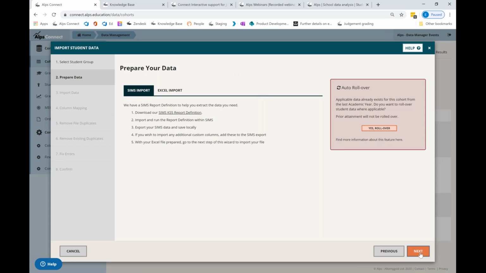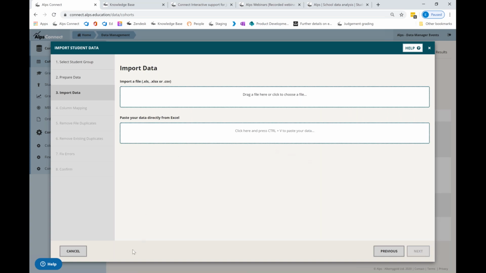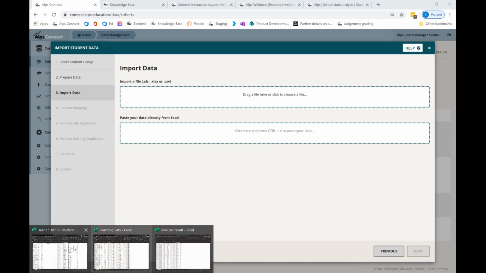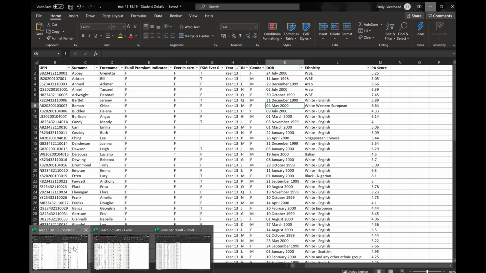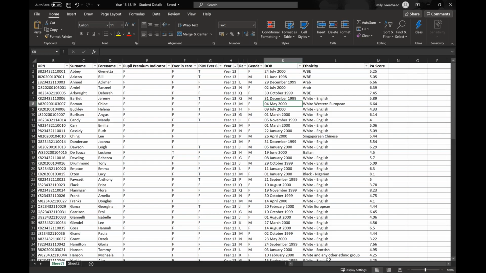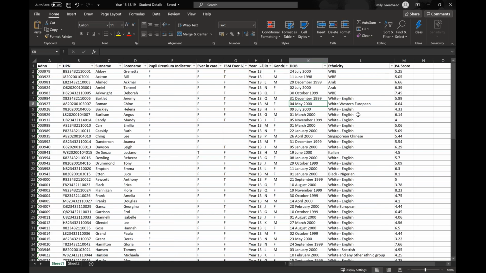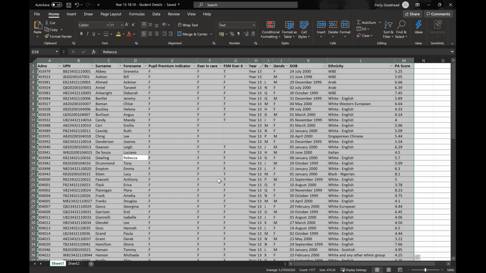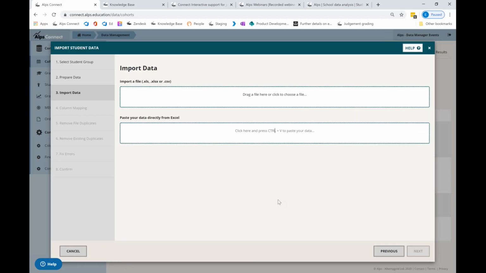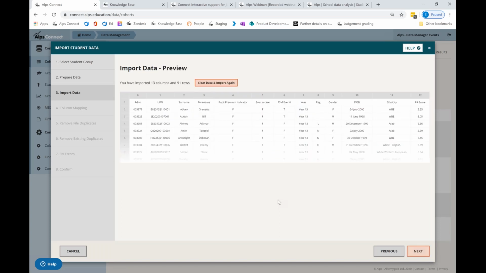So if I click on Next, I can import my data here. Now I have used one of our report definitions, and this is the output that I get from SIMS, although I have added this prior attainment score column here. So what I'm going to do is press Control A and Control C to select and copy. And switching back to Connect Data here, I can just press Control V and it will paste in my data. So clicking on Next,